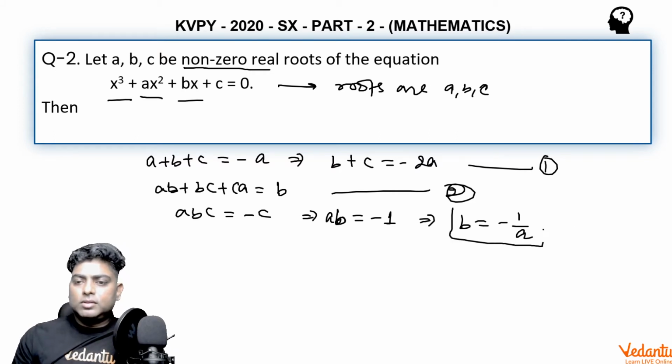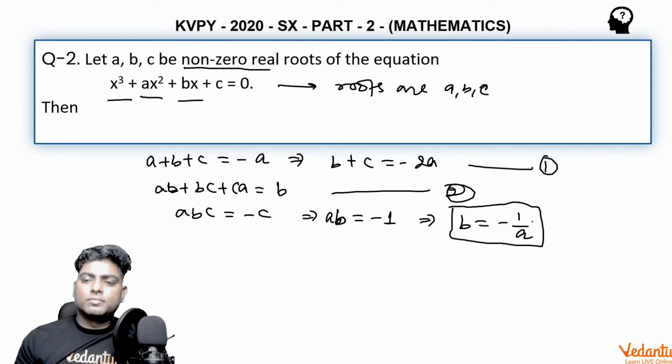So basically there are three relations and three quantities required to be found, a, b, c. So the idea is to eliminate two out of them. So I am going to eliminate b and c here. I am going to represent b and c in terms of a finally. So b is minus 1 by a, obviously, because c was not 0. And then c would be minus 2a minus b, that is minus 2a plus 1 by a. So this is the value of c.